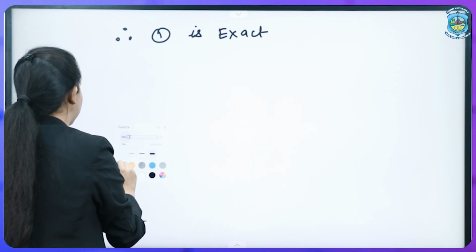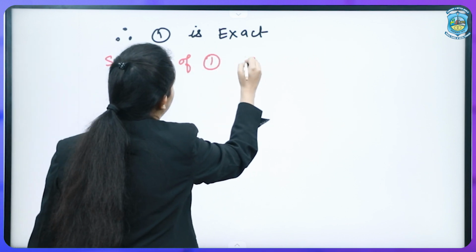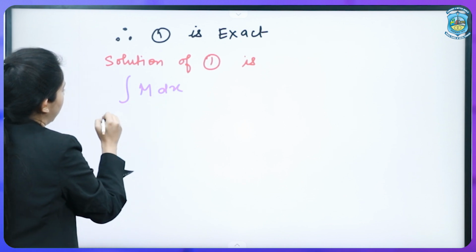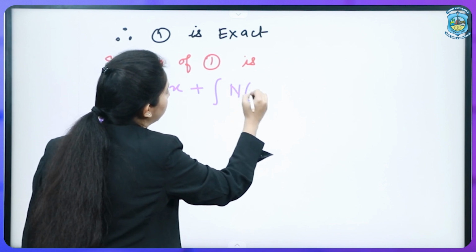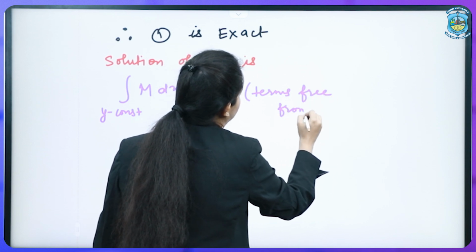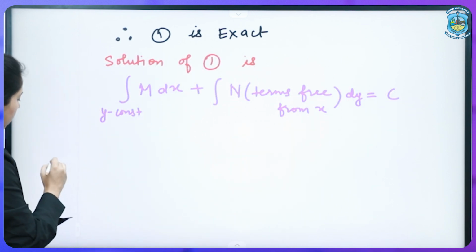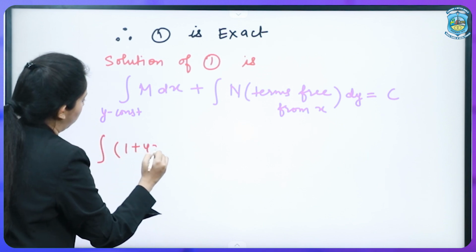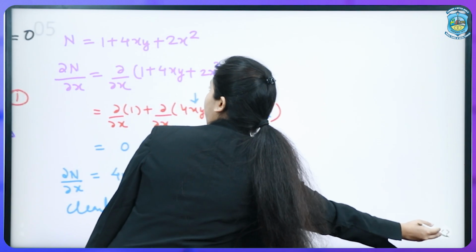So, the solution of exact differential equation, solution of equation number 1 is given by the formula integration of m dx treating y as constant plus integration of n, and n will have only those terms which are free from x, dy is equal to c, where c is a constant of integration. So, first step is to put the value of m as it is. So, that is 1 plus 4xy plus 2y square